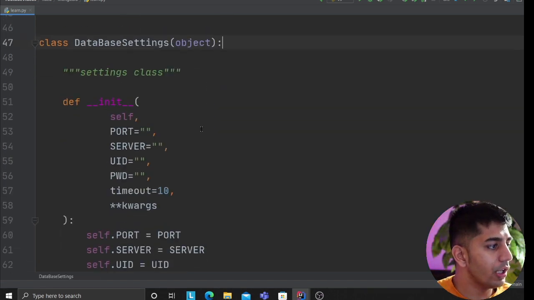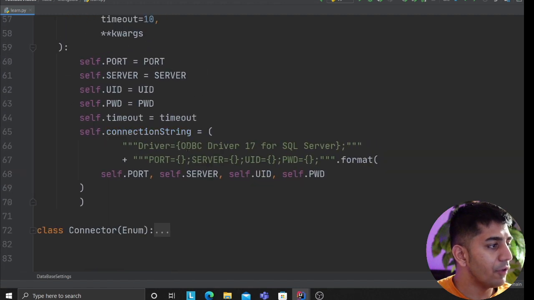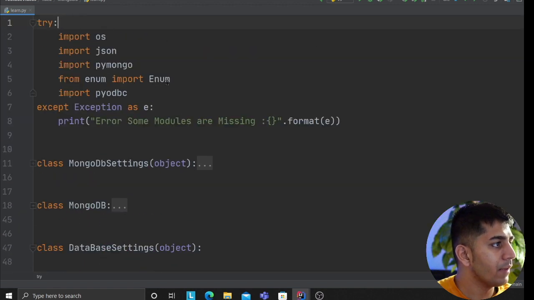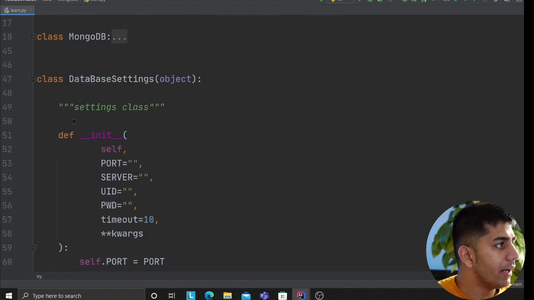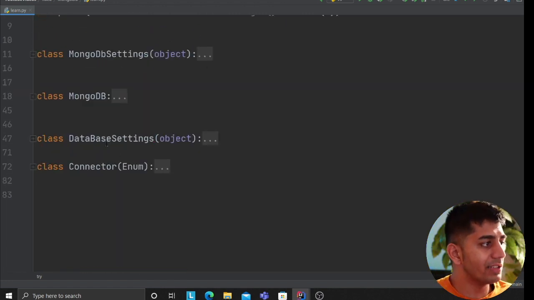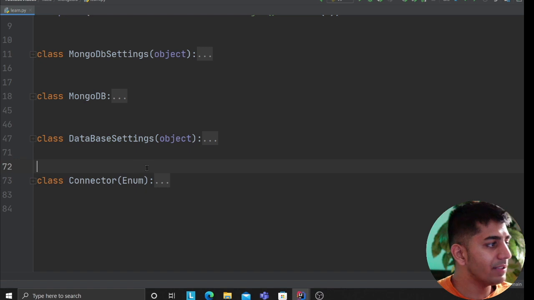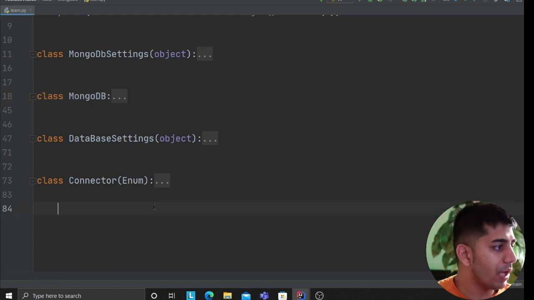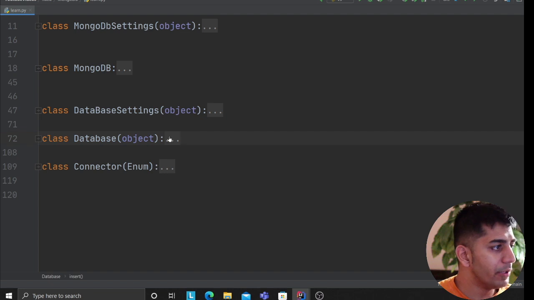So this is gonna hold all the data essentially for SQL Server. Connection string, username, password, UID, timeout. This will create your SQL Server PyODBC connection string, okay? So I have imported that. I'm gonna collapse this. Same approach as I said, settings class for the database, and then we'll create a class with all the methods, and we'll add it in the connector object. Just keep watching what I'm doing, okay? Don't lose me, okay? Hopefully you're there with me so far.